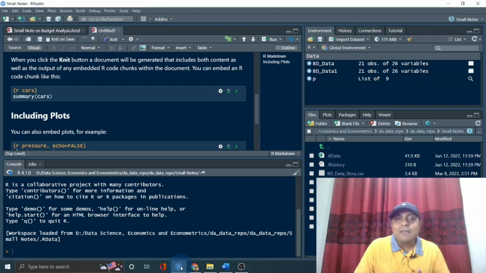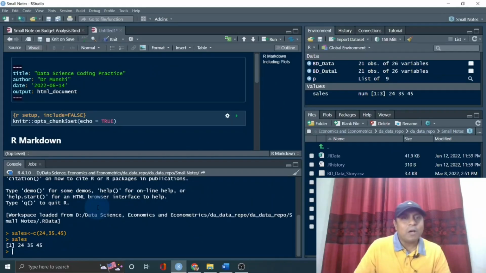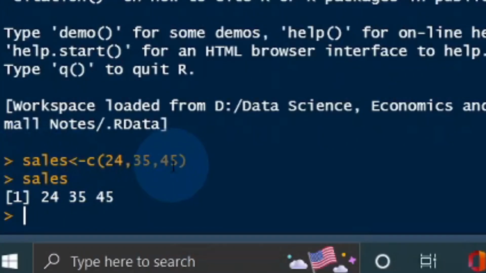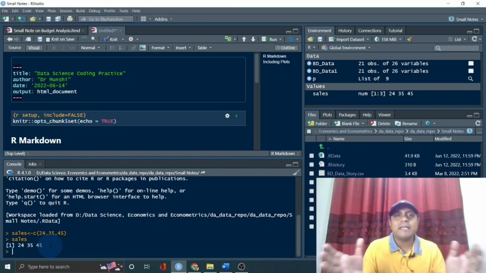Now before I leave this note, I just want to share my first code. I say cells is the code, and then you see the concatenate function, okay. So I'm randomly writing something, 24, 35, 45, okay, so just press enter, and now you can see here cells. First I write cells, concatenate function, a few numbers, then when I type cells, press enter, then you see 24, 35, 45, the values are already here. So my dear learners, all this information,